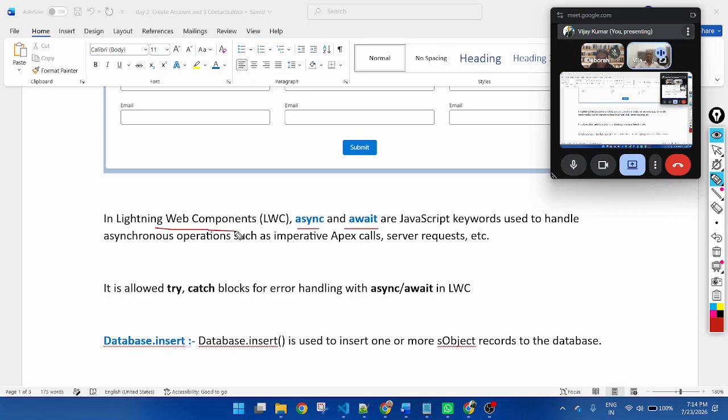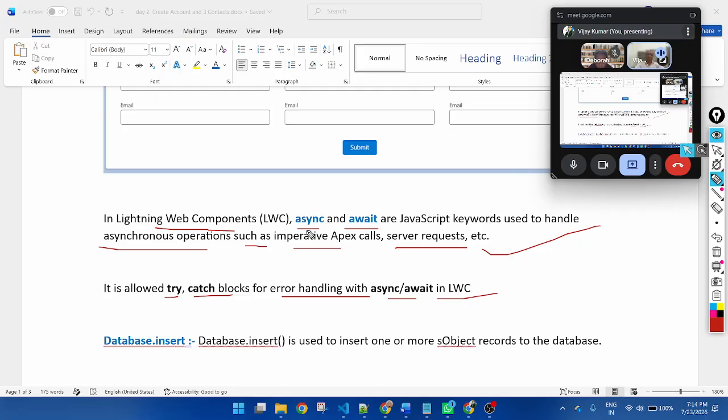In the Lightning Web Component, async and await are JavaScript keywords used to handle asynchronous operations such as imperative Apex calls, server requests, etc. If you use async and await, it allows try and catch blocks for error handling. If you're not using async and await, JavaScript does not allow try and catch.